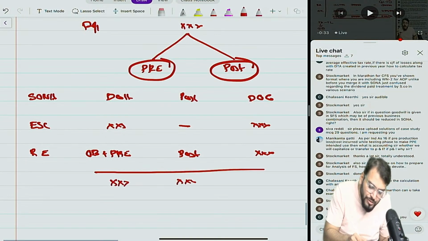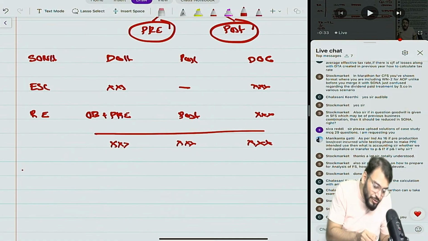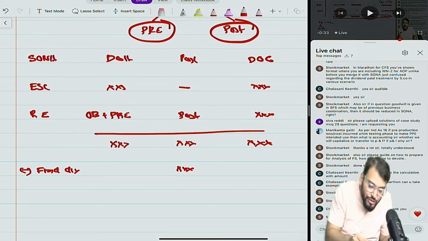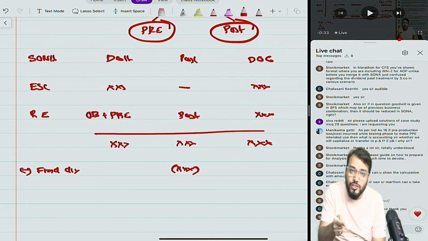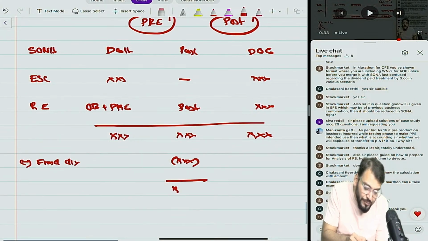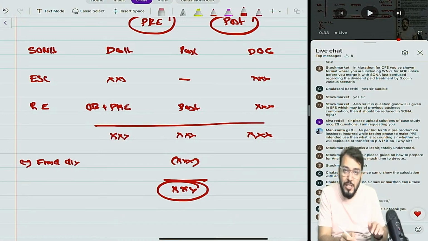After this, I have made some changes as per presentation only. Previously I used to deduct final dividend paid from the post acquisition period. If I am deducting final dividend paid because it was paid after acquisition, it will decrease the net asset after acquisition. Therefore, whatever dividend you have paid will be deducted from the post acquisition period. So this profit is the post acquisition profit after dividend.